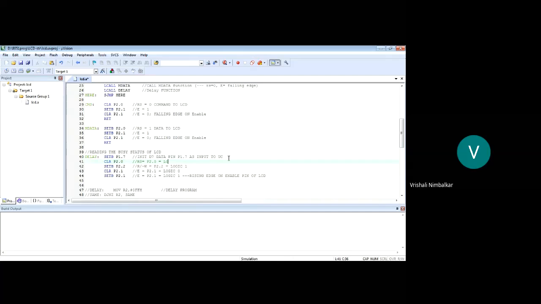What are we sending? Logic 0. That is busy status. Busy status of LCD, we are going to receive. Okay, so RS is done, R/W bar is done, enable we got the rising edge, and now read the pin.